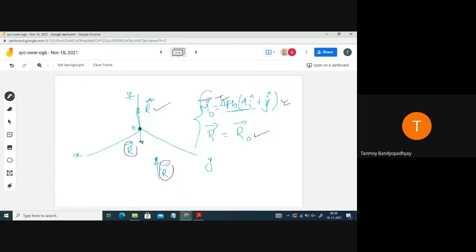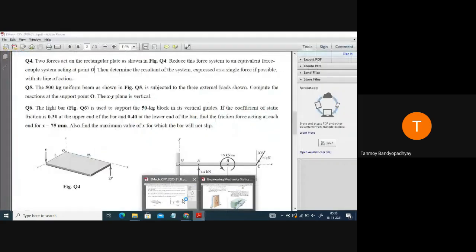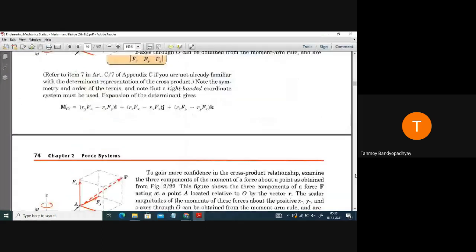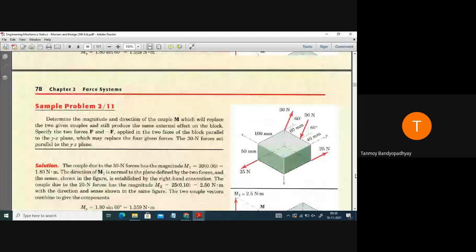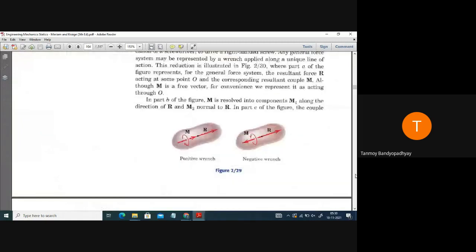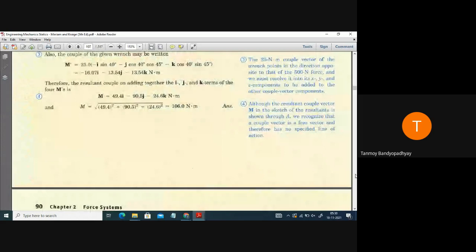This came in the last year's exam, so it's better that you get acquainted with all those problem types too. In engineering mechanics, every problem is a new problem. So it's better to discuss these whenever they come in the exams. Those sorts of problems are very important from the point of view of the exam.